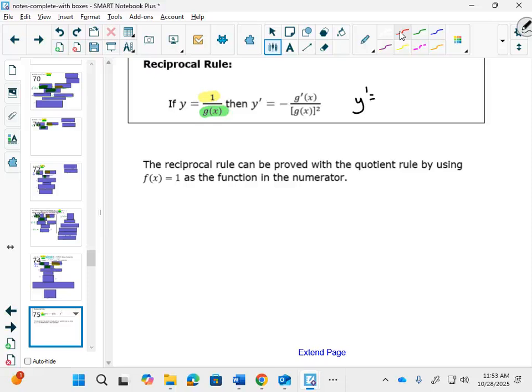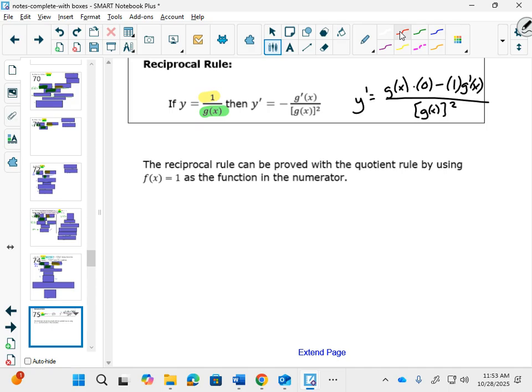my quotient rule says keep the bottom the same multiplied by the derivative of the top. What is the derivative of 1? 0. You guys are amazing. Minus, keep the top the same, well that's just a 1, and multiply by the derivative of the bottom, over the bottom,